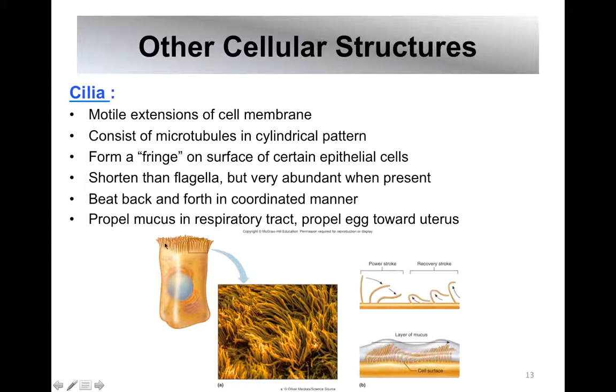So, for example, in your respiratory system, the cilia line the respiratory tubules to move mucus through your respiratory tract. And then in the reproductive system, the cilia move the egg from the ovaries into the fallopian tube